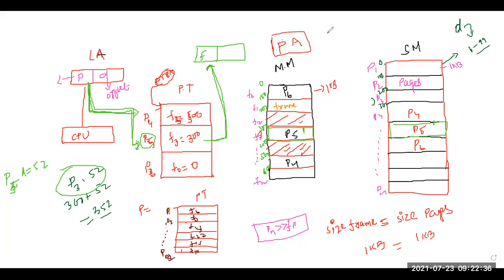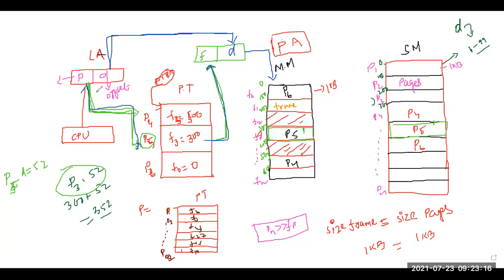So what will happen? Now this particular D value is simply copied here. So what do I get? Basically the CPU is generating your page number and offset address. Now this page number is converted to what? Frame number. Okay, how is it converted? With the help of the page table. I will take the page table, and see which frame number belongs to the particular page. Now this offset address will not change, it is simply copied. So when I combine these two, what do I get? I will get the physical address.